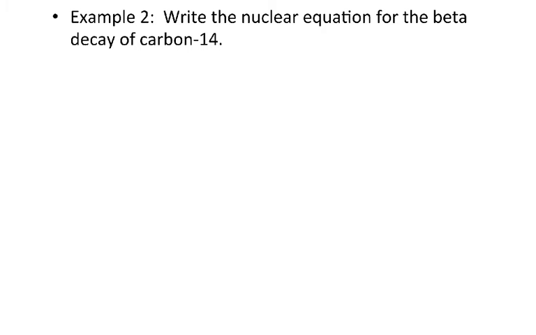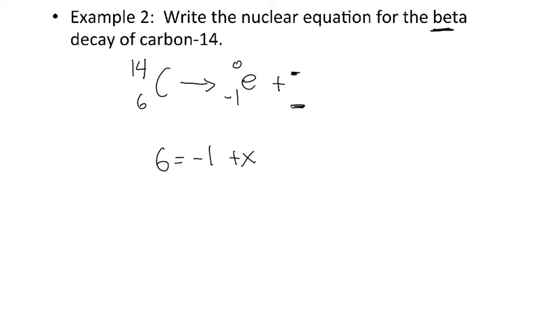All right, so I've got my carbon-14. Then it's going to be spitting out this beta particle. Right, this was the beta. And then I just have to figure out what the daughter is. And so let's use the math equation that I did last time. Right, so I'm trying to figure out what the new atomic number and mass numbers are. So if I do the atomic number first, I know that 6 is equal to minus 1 plus x, right? And so to solve that, I'd add 1 to both sides, right? And so I get x is equal to 7,